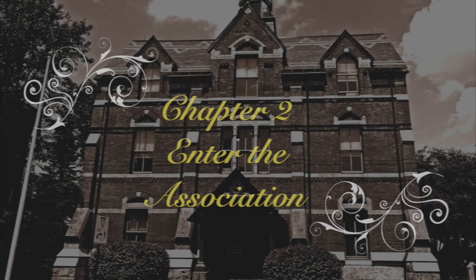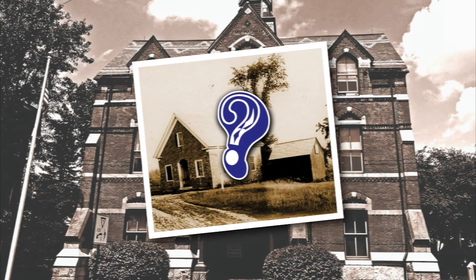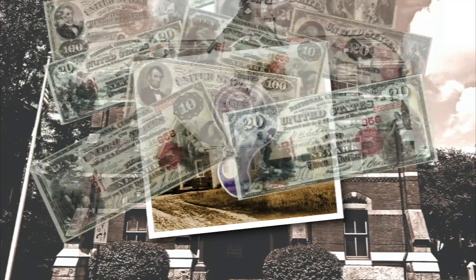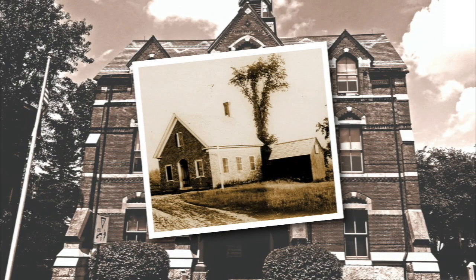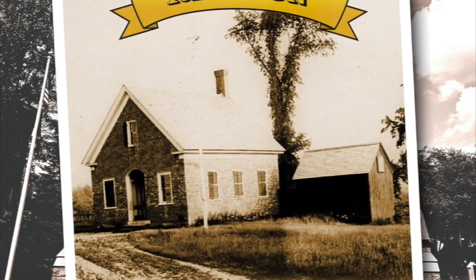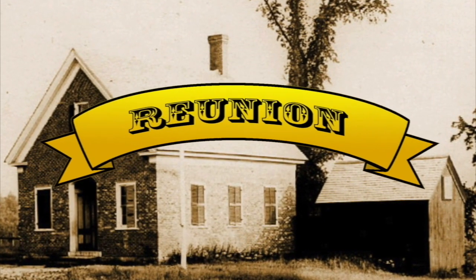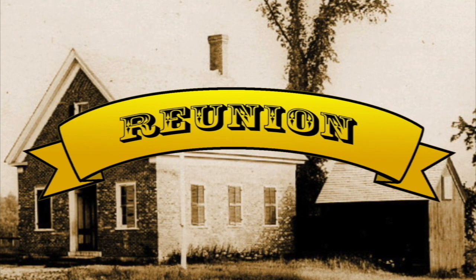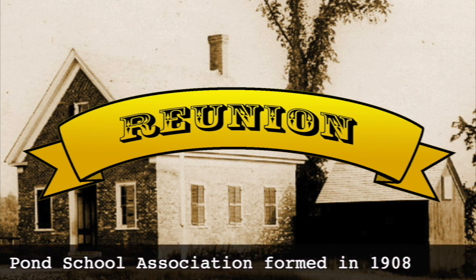It was initially unclear what would become of Sandy Pond Schoolhouse after its closing. Faced with the prospect of spending additional money on maintenance, the town decided to sell the building in 1908. This led a group of local residents to plan and hold one last reunion at the school on June 27th. Everyone had such a good time that it was decided to form an association and raise money to buy the